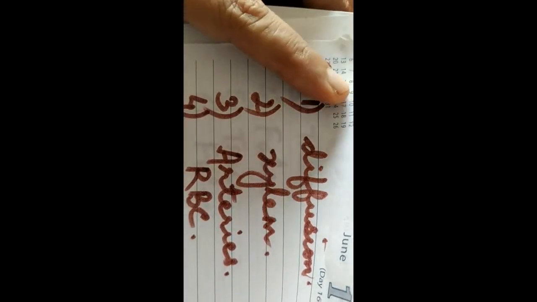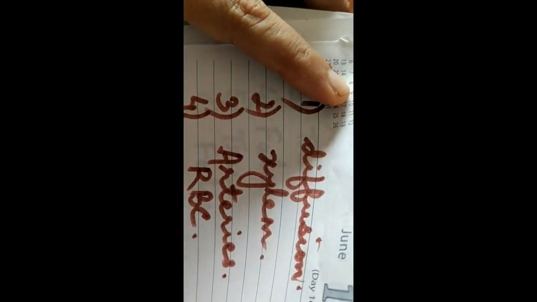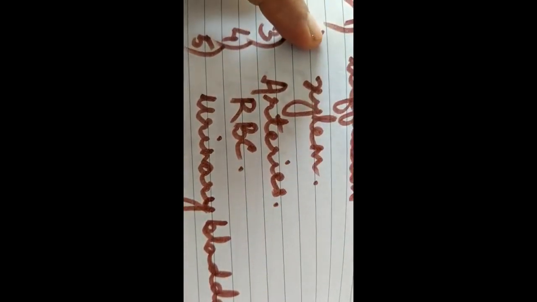Now fourth one is: which part of the blood has hemoglobin? It is RBC, that is red blood cells. Fifth one is: urine gets collected in the urinary bladder with the help of ureter. It is collected in the urinary bladder. So the fifth one will be urinary bladder. Now C part is also completed.